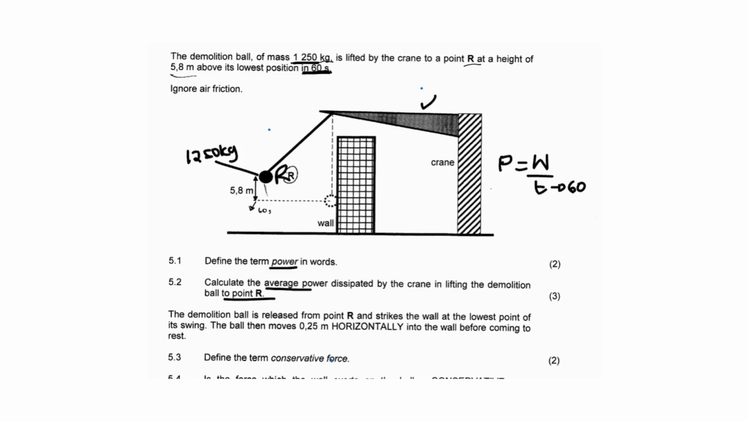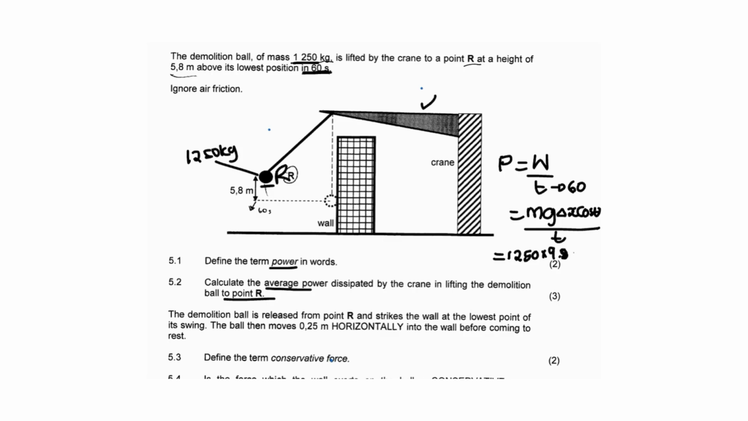And because the ball standing at position R, the only thing that it experiences is the force of gravity, it would mean that the work that the crane has to, or the power that the crane has to use to keep the ball there will depend on the weight of the ball. So for our work, we are going to say mg Δx cos θ, equals W. So our mg, that would be 1250 times